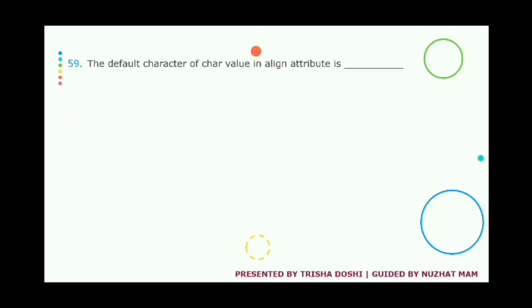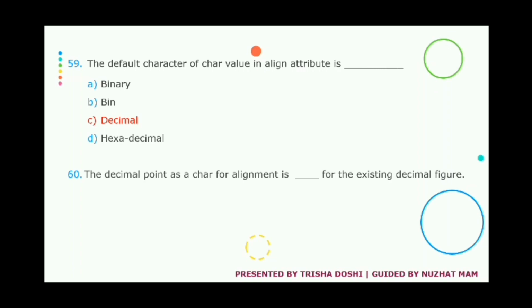Question 59. The default character of char value in align attribute is dash. A. Binary, B. Bin, C. Decimal, D. Hexadecimal. The correct answer is C. Decimal. Question 60. The decimal point as a char for alignment is dash for the existing decimal figure. A. Comma, B. Dot, C. Semicolon, D. Colon. The correct answer is B. Dot.